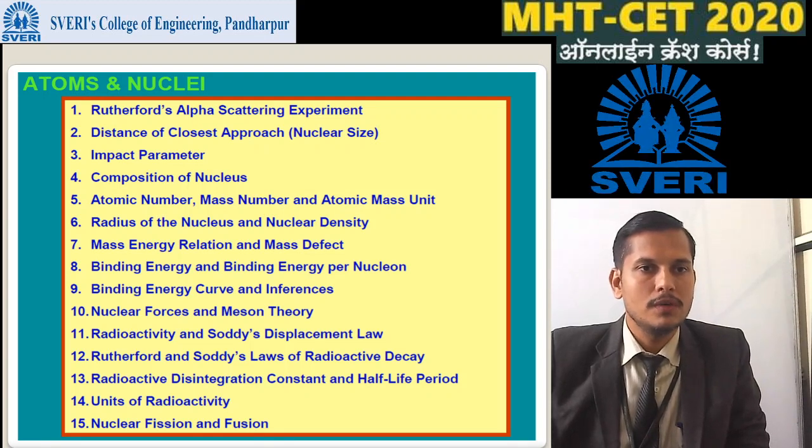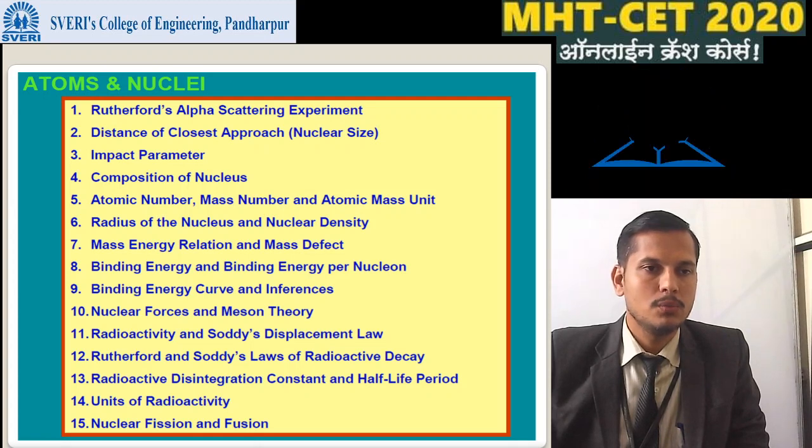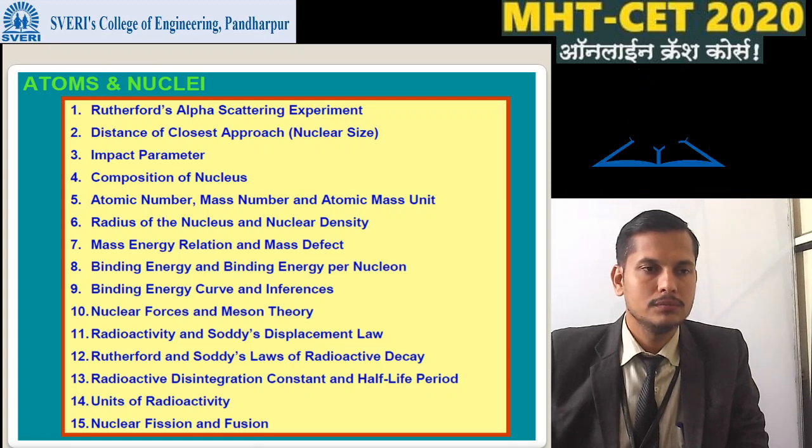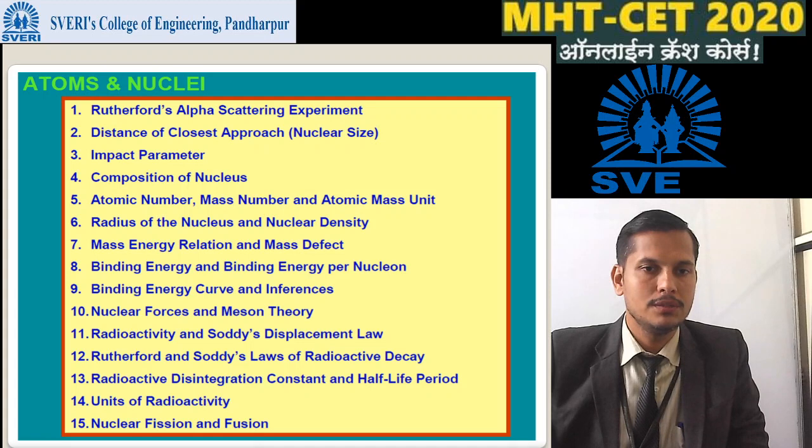So Rutherford's alpha scattering experiment we have to check, then distance of closest approach, that is nuclear size, impact parameter, then the composition of the nucleus, atomic number, atomic mass number and atomic mass unit, radius of the nucleus and nuclear density, mass energy relation and mass defect. Next is binding energy and binding energy per nucleon, binding energy curve,